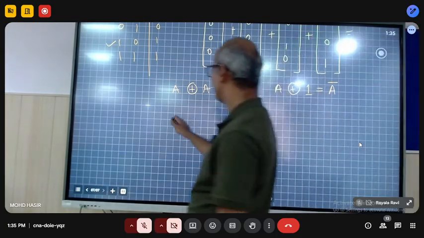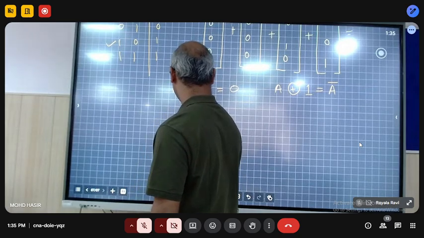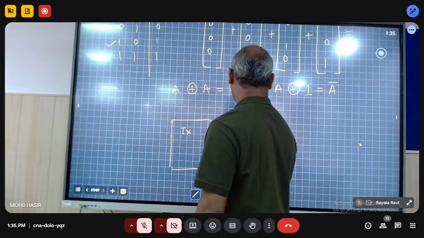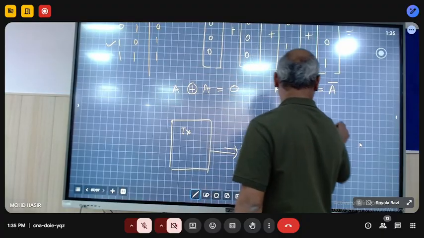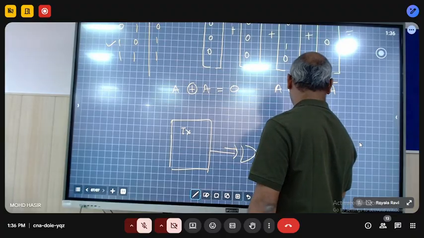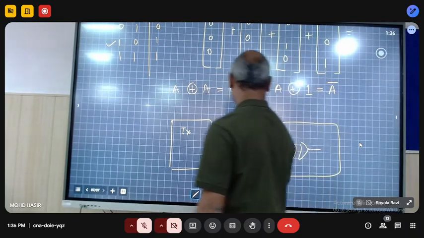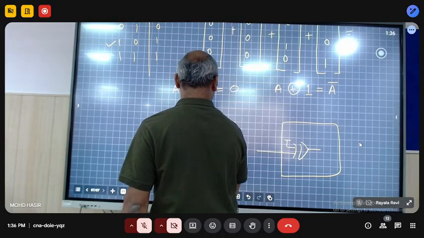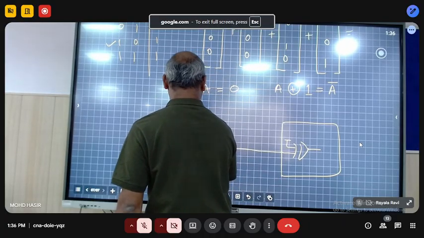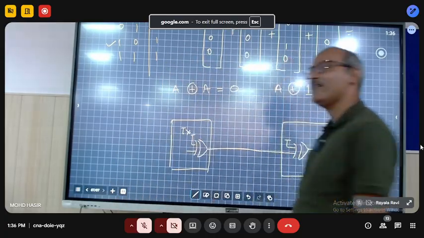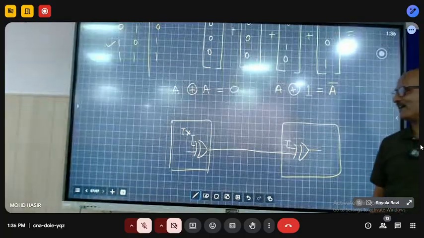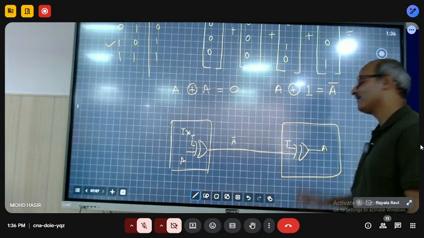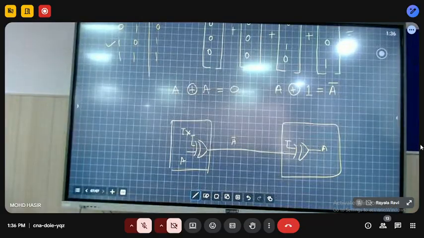ओके, चलो, क्या होगा, कोडिंग के लिए तो मुझे आपको